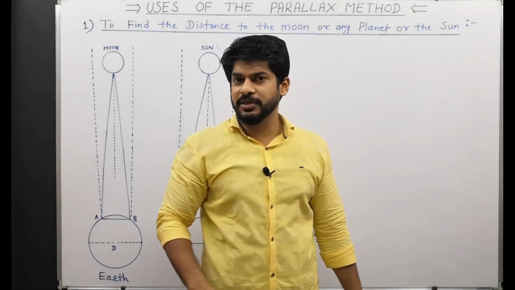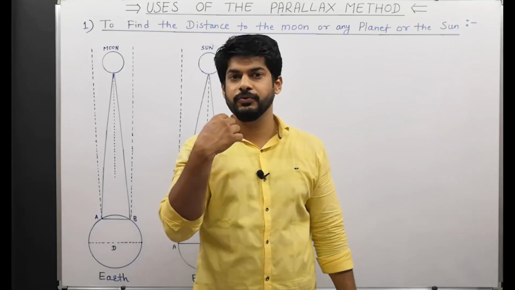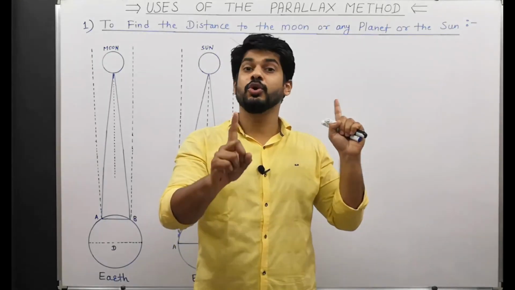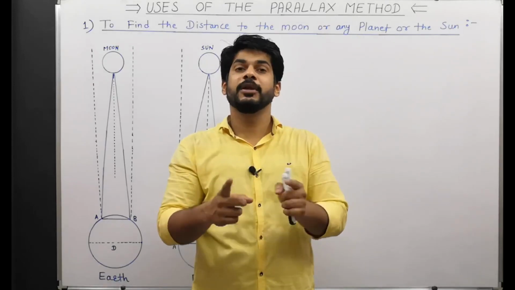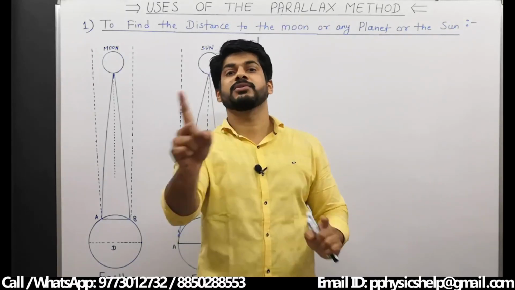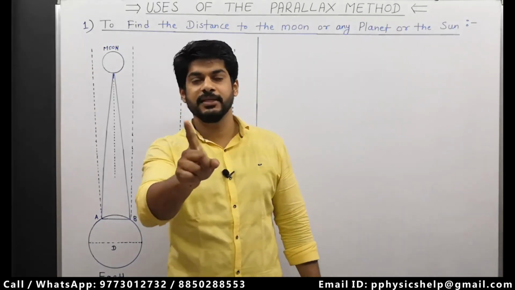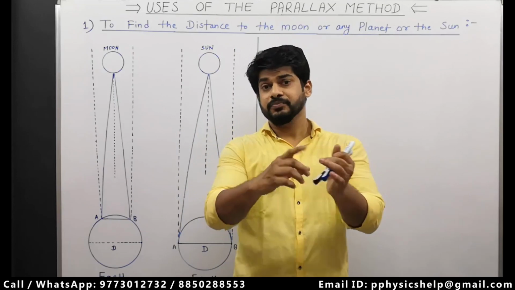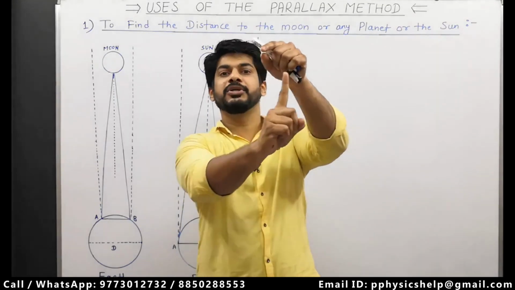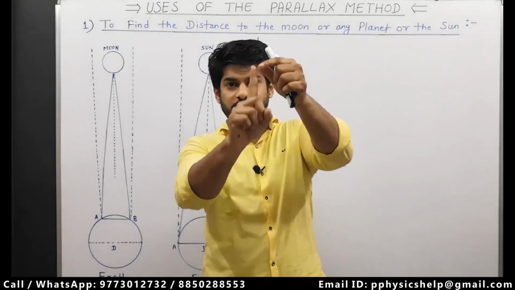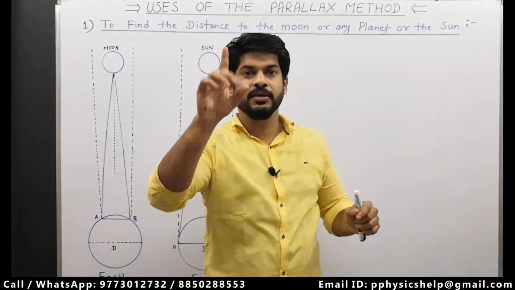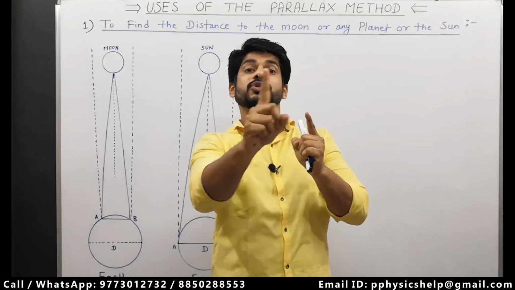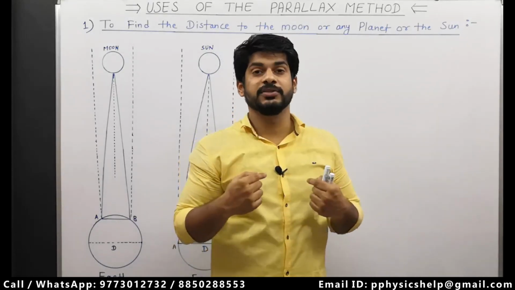Now in the parallax method, you have just seen, if you don't know the parallax method, just go and check my previous videos on parallax, in which I have experimentally explained what is parallax method and how exactly the positions change. So in short, I would say here that the nearby object appears to change its position. See, we are not actually changing it. The object is there only, but when it is viewed from two different locations, then its position appears to change for us.